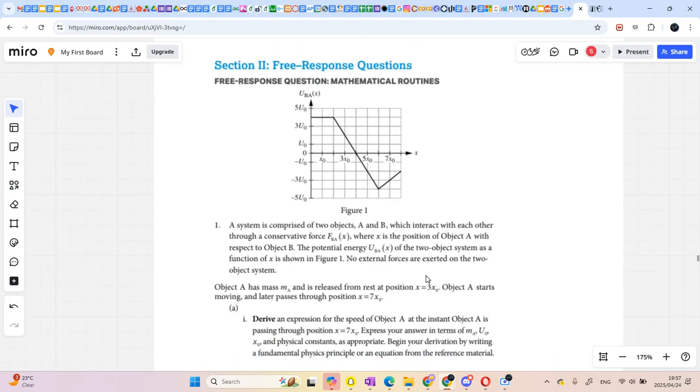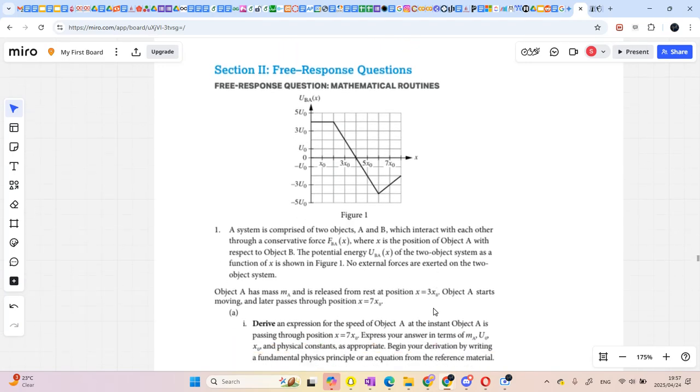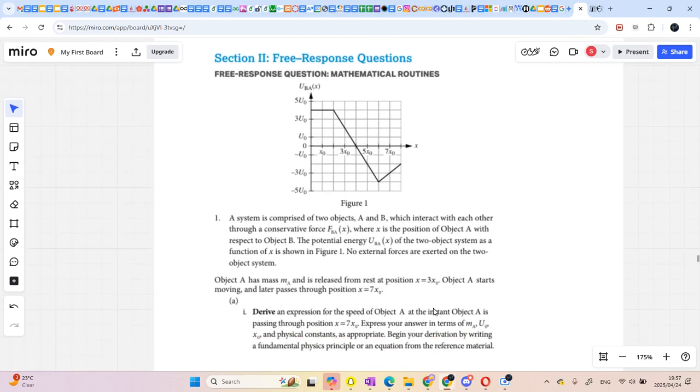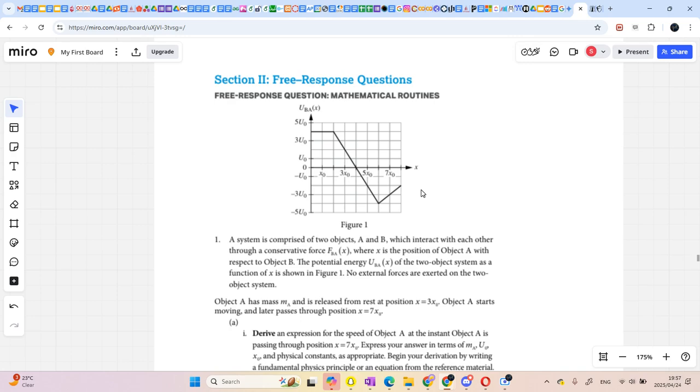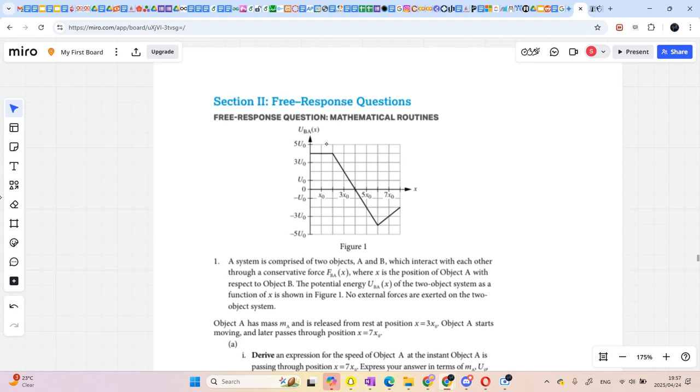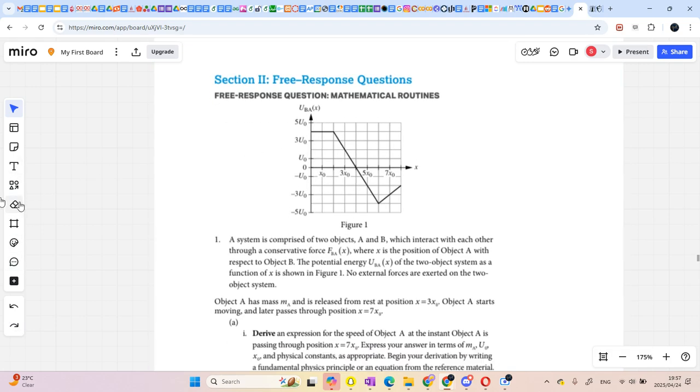Okay, so I'm going to take probably like 10 to 15 more minutes just to go through all these questions, just to show you what they look like and what the rough expectation of the approach is going to be. So first question is going to be mathematical routine. So slapping the paragraph here, looking at the fact that we have F and we have U, we can anticipate we're probably going to have the equation here that we're going to need to,